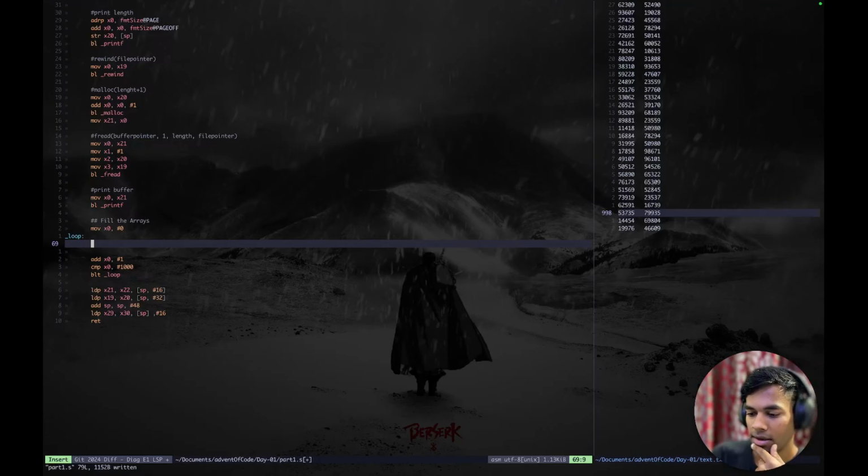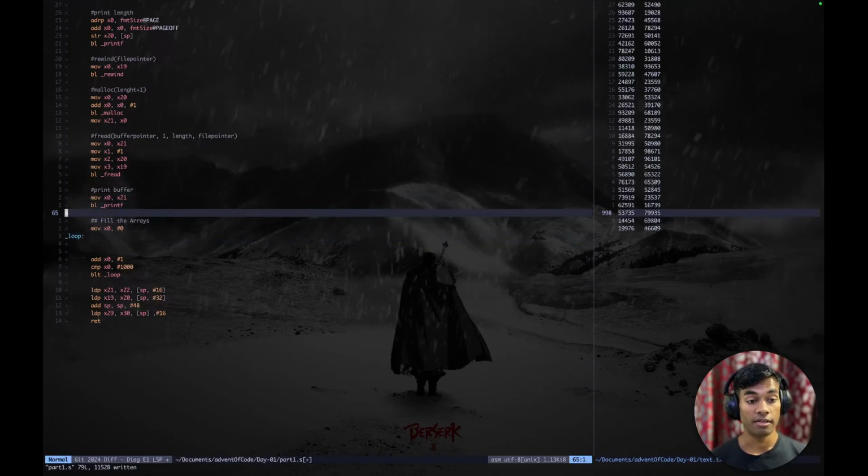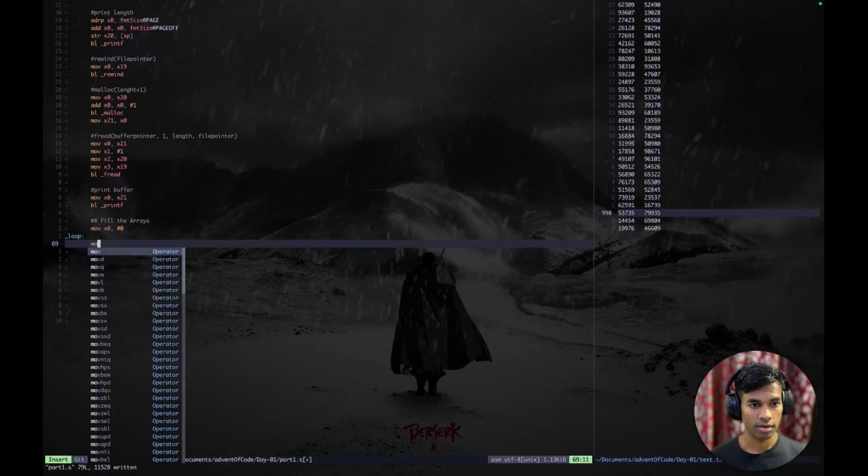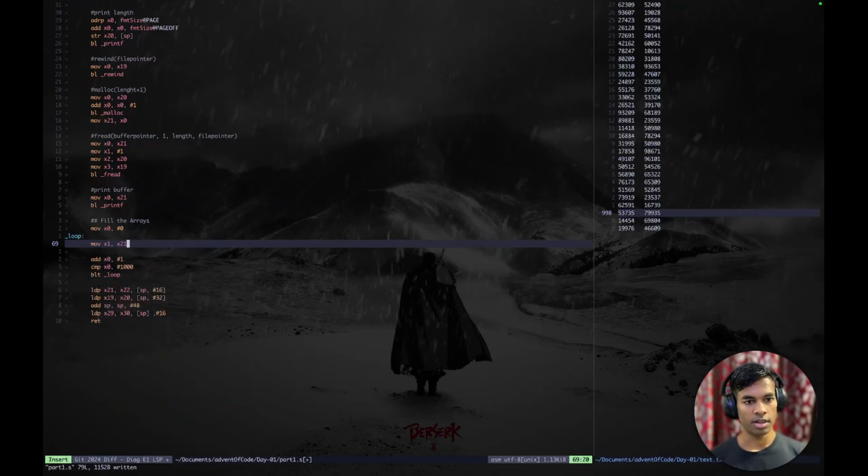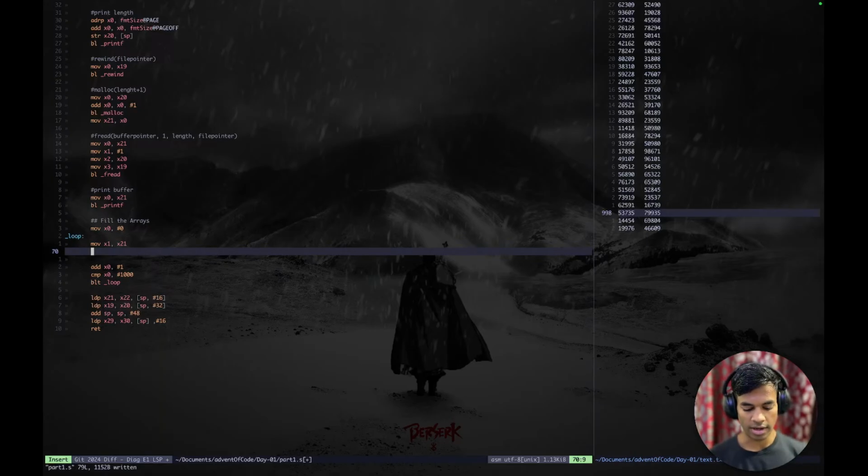So the offset is in the 0th register, and I want to get the numbers, and the base address for the buffer is in register number 21. So okay, let me move into register number 1 the base address for the buffer. Now I need to add to it some offset. Add to x21 the value 1,